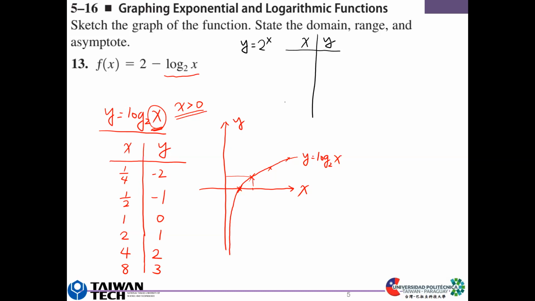This is y. x equals 0, y equals 1. x equals 1, y equals 2. x equals 2, y equals 4. x equals 3, y equals 8. And then if this is 1/2,